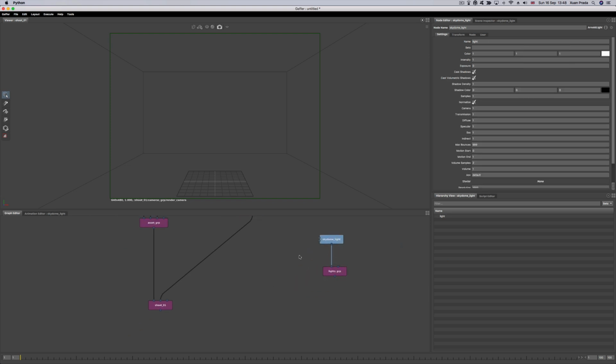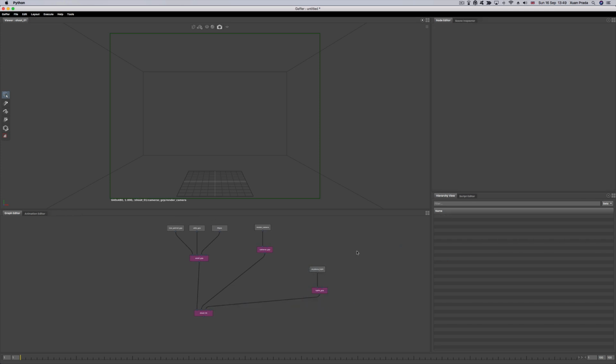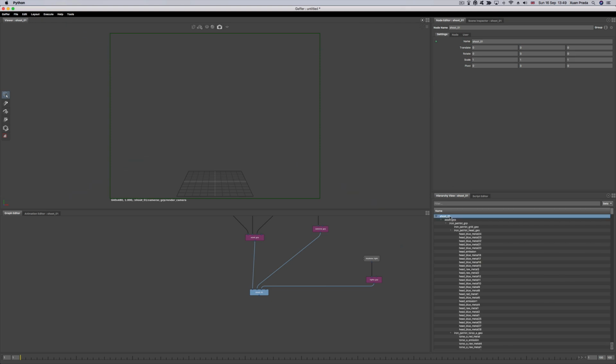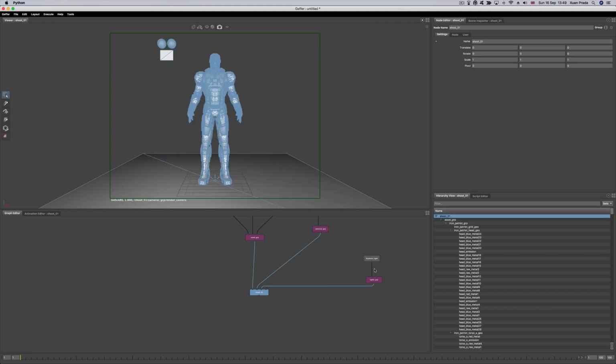Okay, let's stick to this for now. And this lights group obviously is going to be connected also to my shot 001. So now, as you can see, we have a light